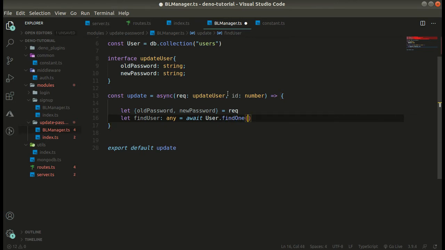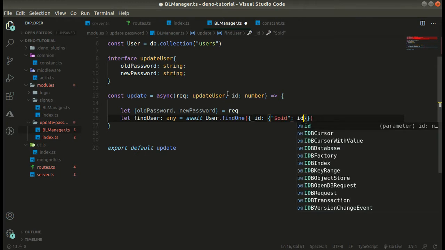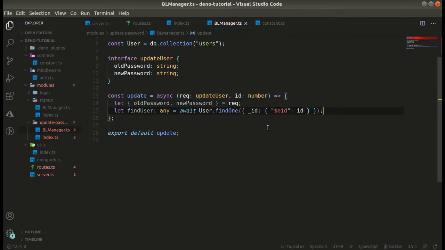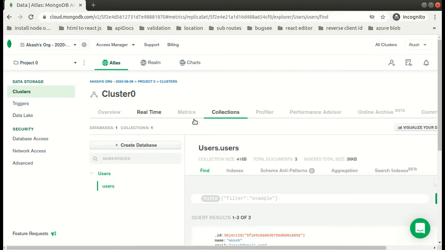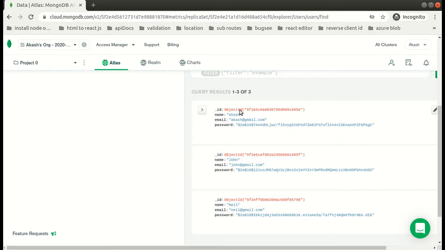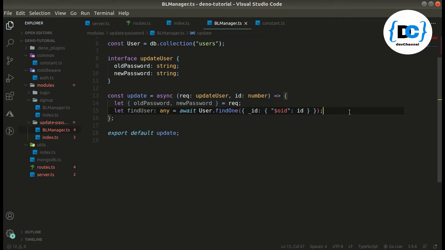So here we'll be finding on the basis of _id, where id belongs to this $oid object id. Let me show you in the database. Over here, this is our object id, on the key of _id. So on the basis of this we are going to get the user.